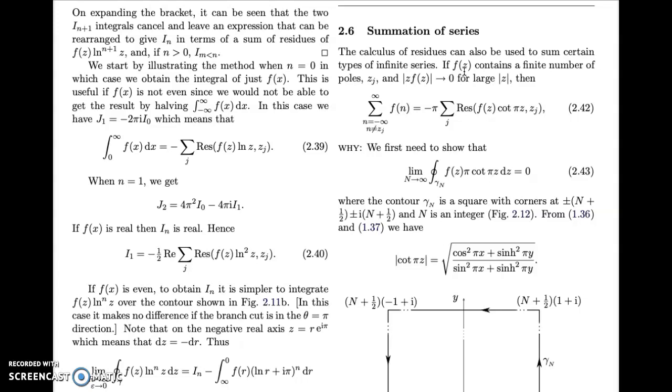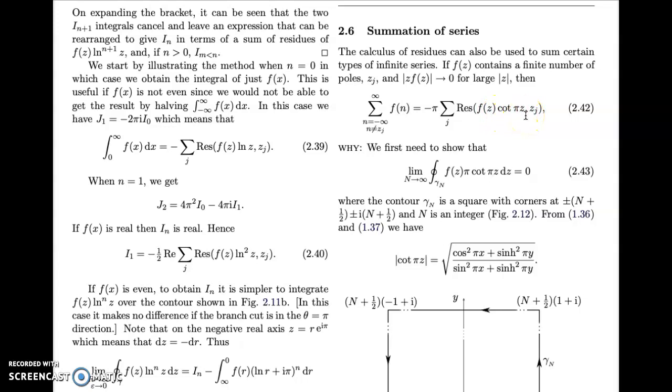If f contains a finite number of poles at zj, and importantly, z times f needs to go to 0 for large z, large mod z, then it turns out the sum of f of n from n goes to minus infinity to infinity, but not including any n which coincides with the poles of f,